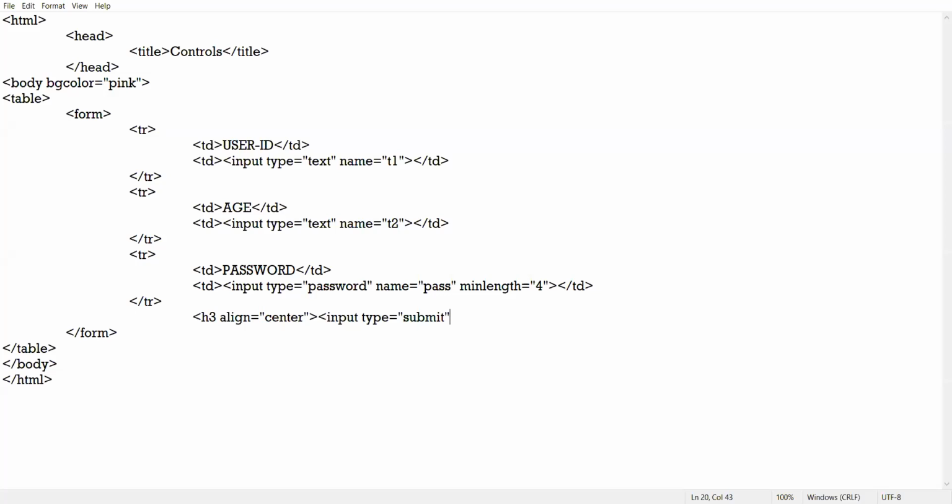So how to create the submit button? Input tag, type equal to submit, name I am giving sub, value attribute will take the initial value of the control. I am giving the value submit, and I here close the H3.